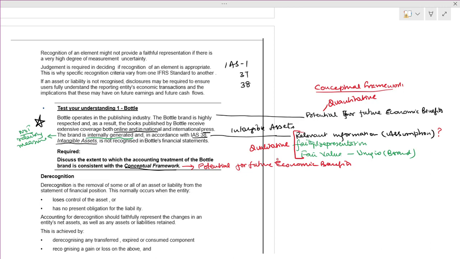What are the things you should keep in mind? That assets should have future potential economic benefits. For intangible assets, these are the key points. Internally generated, whichever subject you take, internally generated intangible assets are not reliably measured. Externally, now you come to the external. Externally means you are